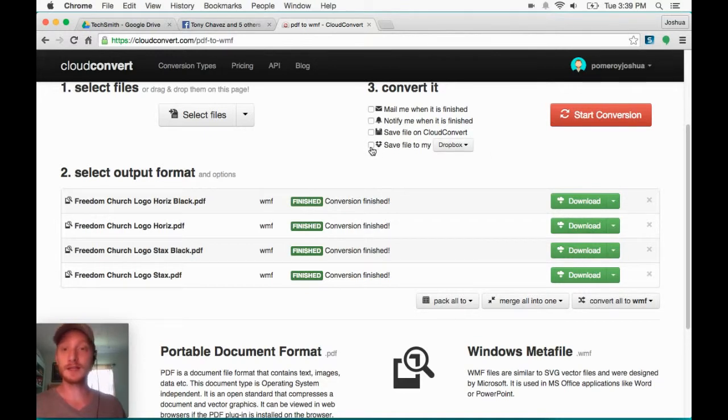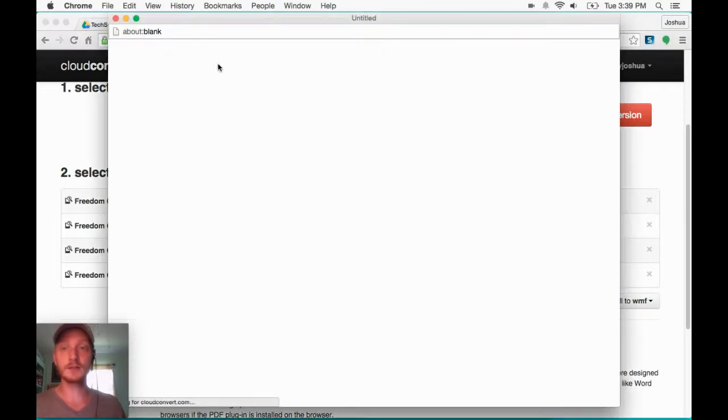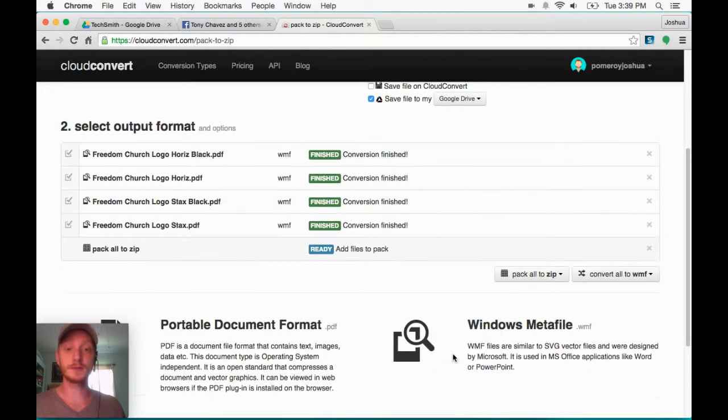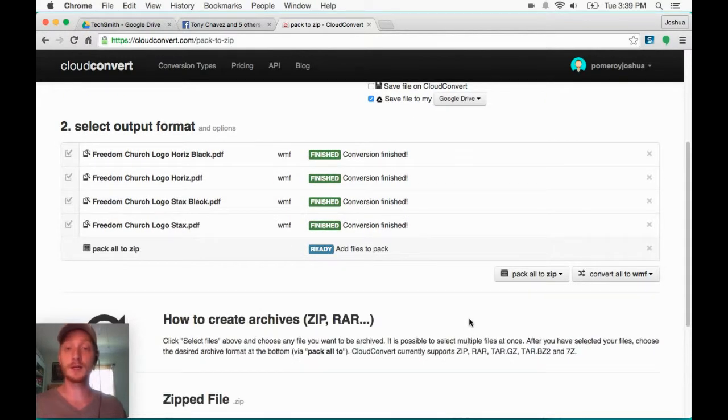Or if I had ticked this little box here, it says save to my, I could have said, whoops, I don't want Dropbox. Drop this arrow down. Google Drive, and I can save them all to my Google Drive if I'd like. At this point, I want them both in Google Drive, but also in .wmf that I can email to someone. So I'm just going to download them, and I could just actually pack them all to a zip, and that's what I'm going to do. So I'm going to just pack them all to a zip. It will actually put those all into a zip file, and then I will